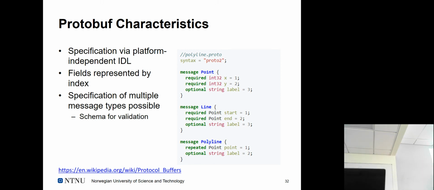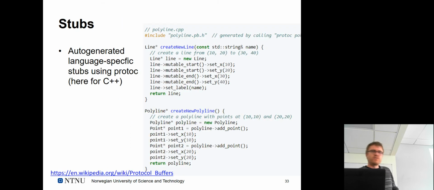For example, here a polyline is a repeated point, basically. It's a collection of points, actually, right? So, and this is also accommodated in the generation of the stub that we see here, right? So we have initial points, second points, and then we add points to a polyline to build it up and so on. But this is basically totally language specific, in this case C++. So just the feel of what you're dealing with.